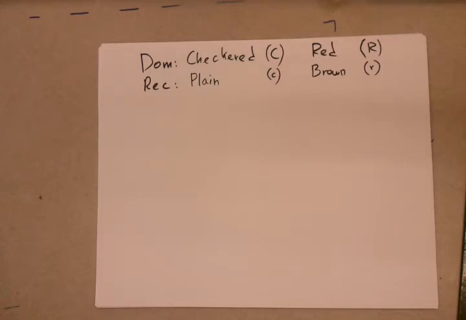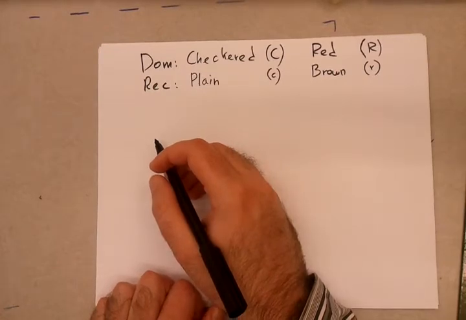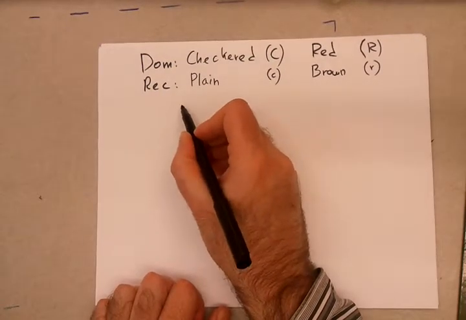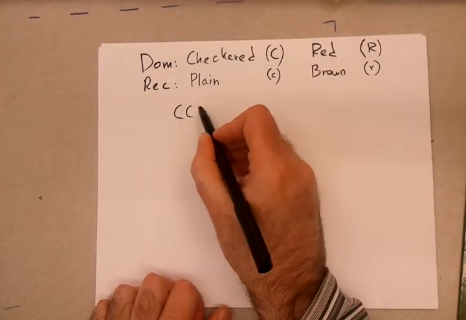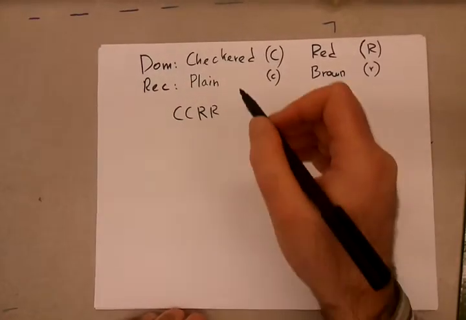A says, show the expected offspring of a cross between a homozygous checkered red bird and a plain brown one. So they're asking us to cross homozygous dominant versus homozygous recessive. We did a lot of these. You probably can tell me what the cross is based on the previous problems, but essentially they're asking us to do a cross between homozygous checkered dominant and red dominant, so dual dominant. So capital C, capital C, capital R, capital R, homozygous, which means the letters have to be the same, all capital, versus